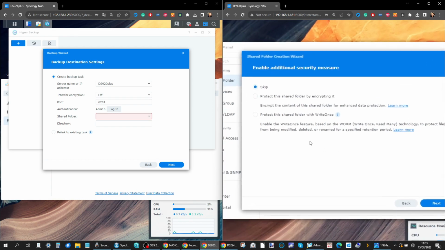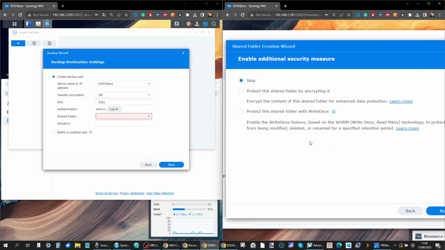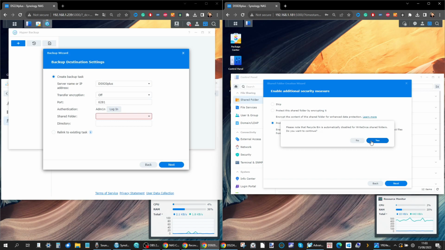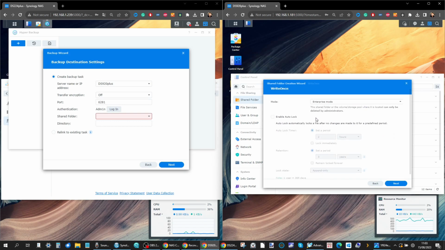The next option worth bearing in mind is this one. If you're using more recent NASs that are running DSM 7.2 and particularly Intel or AMD powered systems, not only do you have the option of encrypting this folder, but also the option to utilize Write Once, Read Many, or WORM. And if you want to make sure that the backups that you are sending will never be deleted ever, select that option. Make sure you select Write Once, Read Many, because it will allow you to create backups and images